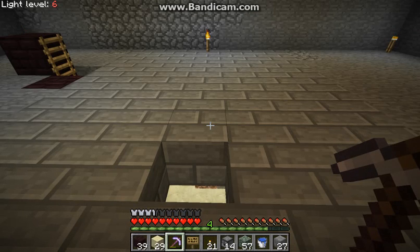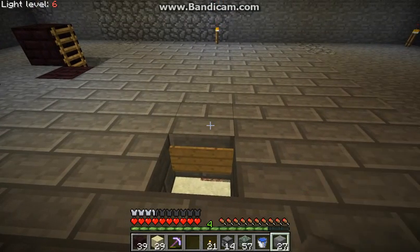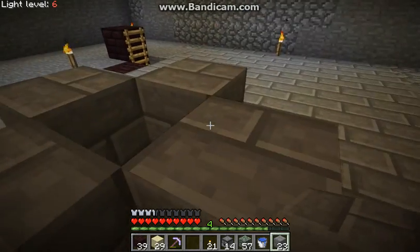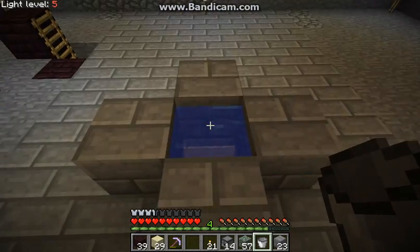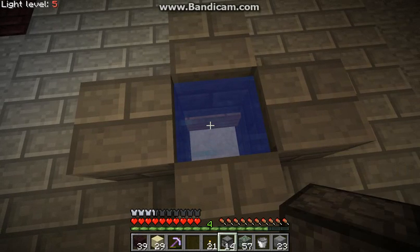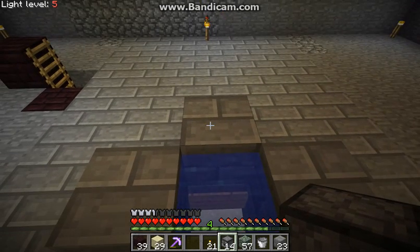Okay, so step 14 is to add a sign to the hole that we've made, and then put blocks in each of the 4 directions to hold the water, and we might as well pop water in now. So this is what all the ingredients will fall through, and also you'll fill the water bottles up from that. So we're facing towards